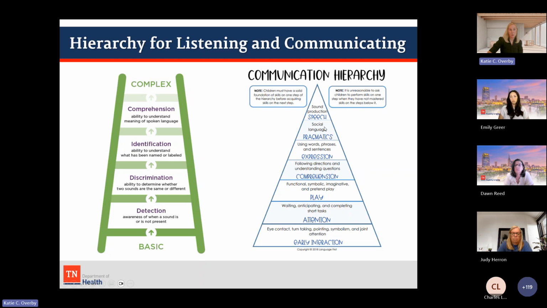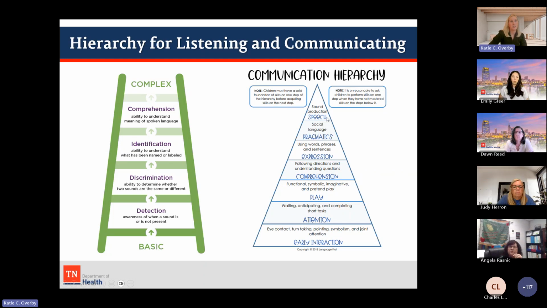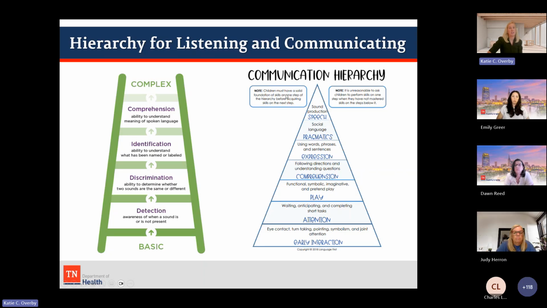Then we would move to the social language of them being able to converse back and forth, and then speech, the production of sound. And again, this is just reiterating the fact that we want to try to move through the hierarchy. We want to be those builders and continue to lay foundation and build up floor to floor. We would never just start building the 14th floor and then go back to the 4th floor. And then setting reasonable expectations for kids while we're writing goals and working in therapy. We want to make sure that we're meeting the child where they are and not expecting them to do things that aren't feasible for them.